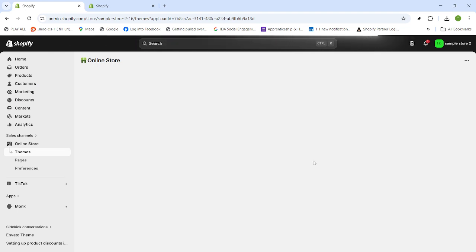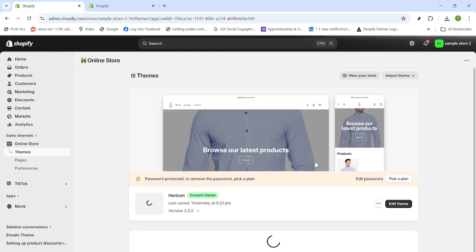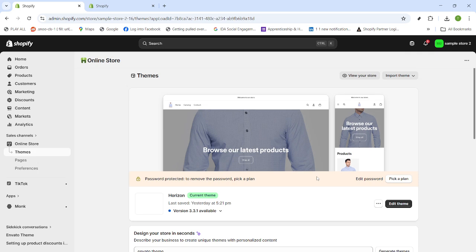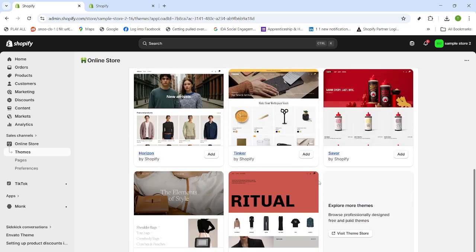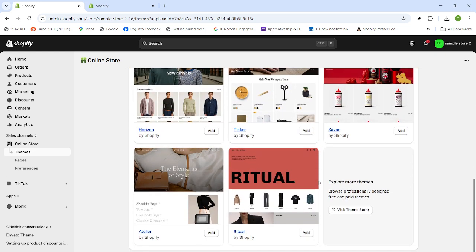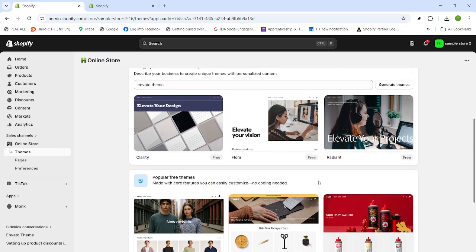A quick note here. Typically, you can only remove themes that aren't currently published as your live theme. If you still see a theme at the top marked as live, focus on clearing out everything in the theme library first. That alone gives you a near blank canvas and speeds up future setup because you're not sifting through